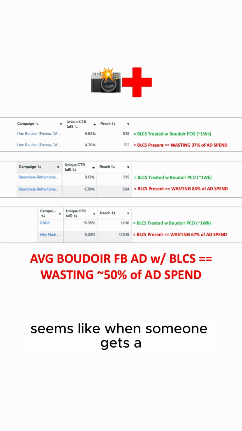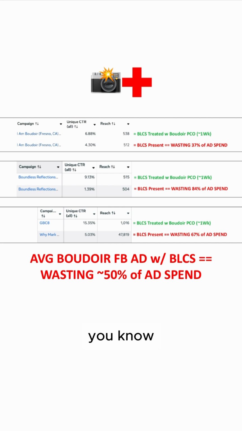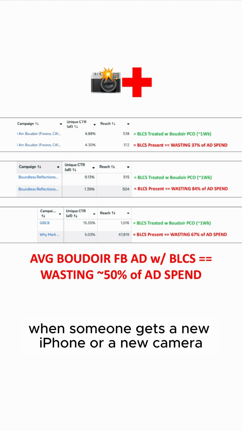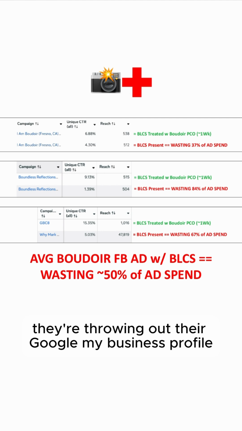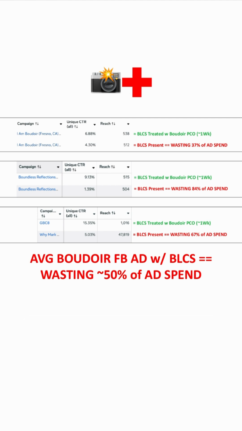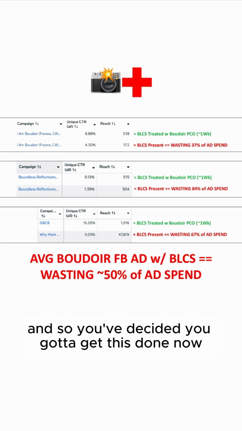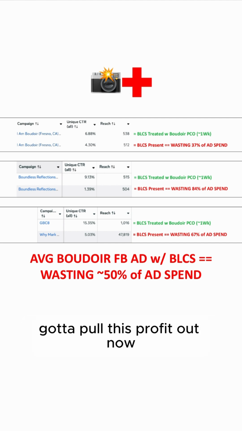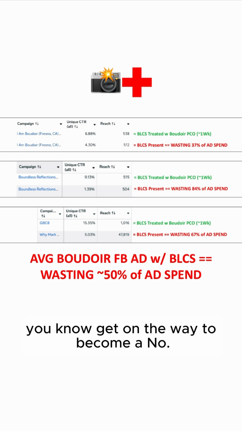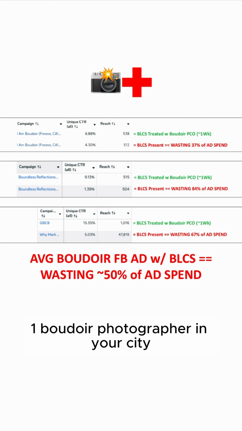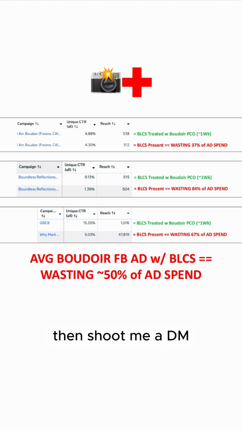Seems like when someone gets a new iPhone or a new camera, they're throwing out their Google My Business profile. And so you've decided you got to get this done now, got to pull this profit out now and become more efficient now so you can get on the way to become a #1 boudoir photographer in your city. Then shoot me a DM